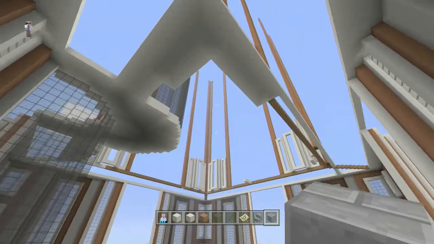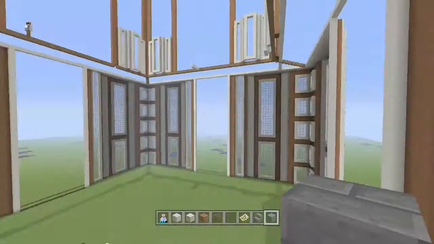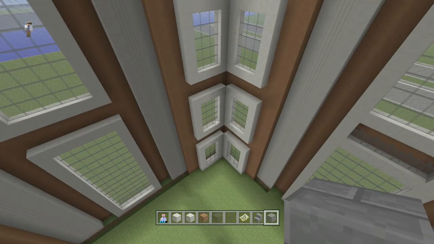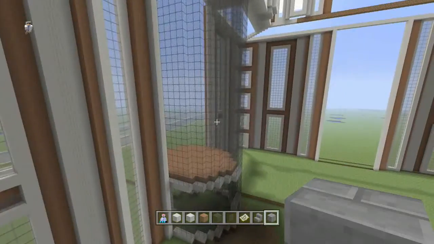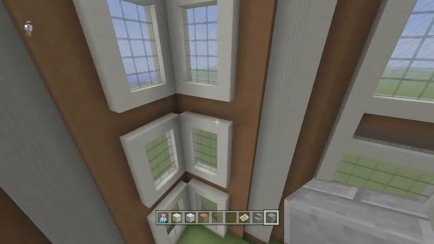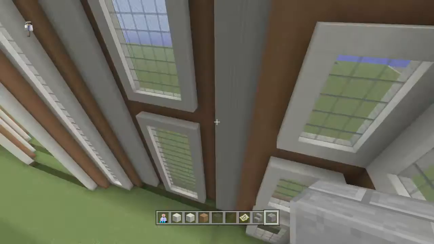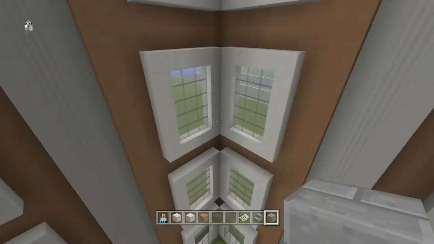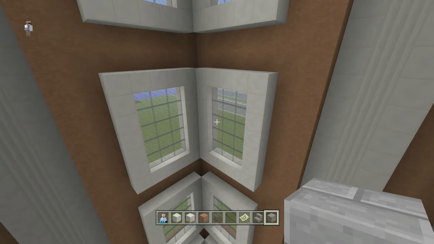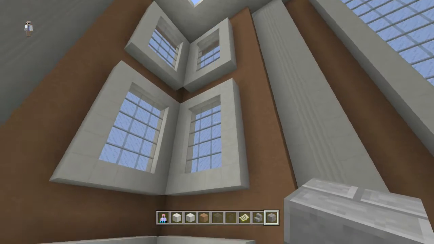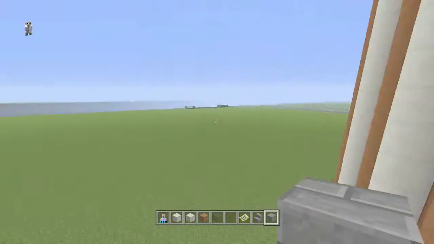I am currently inside of my high-rise that I am constructing, and right now I am trying to figure out how I can build a stairwell in not only this corner but all four corners of this high-rise. As you can see, I have all of these separate windows. They're not big windows like this. We got a window there, window there, window there. I'm thinking I'm gonna have to turn this into all one big window because of the way the stairwell is gonna work. And if you look at it from the outside,